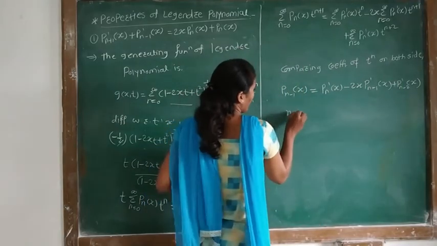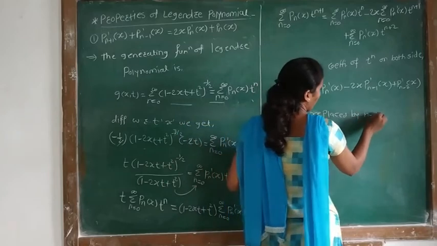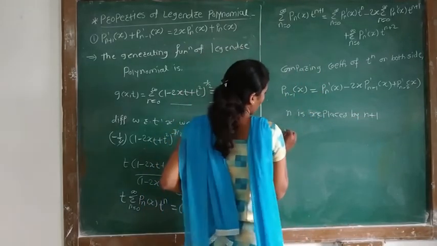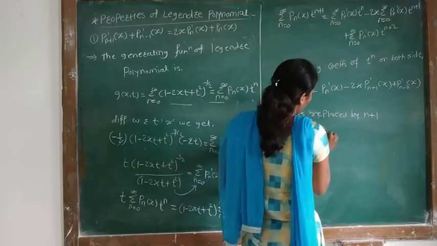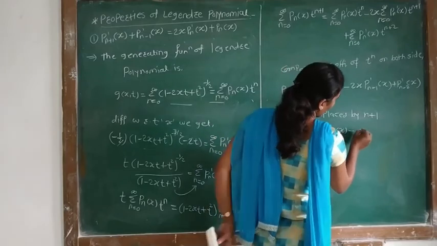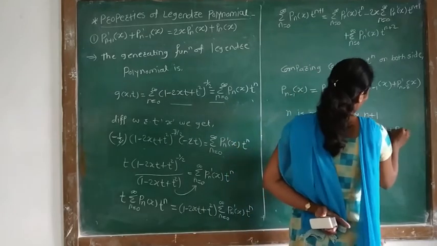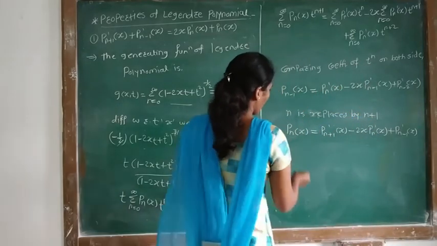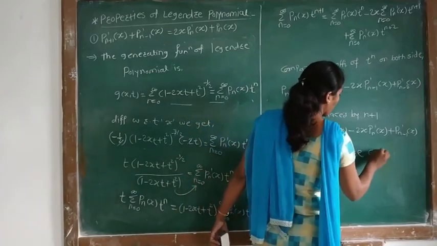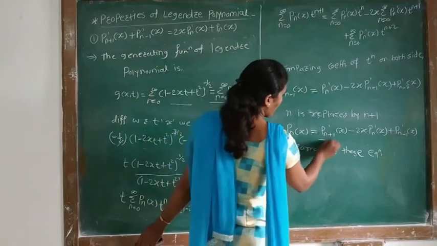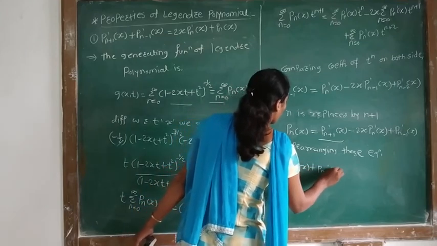Now in this term n is replaced by n plus 1, that is n plus 1 minus 1. Therefore Pn of x is equal to Pn plus 1 dash of x minus 2x Pn dash of x plus Pn minus 1 dash of x. From this form, Pn plus 1 dash of x plus Pn minus 1 dash of x is equal to